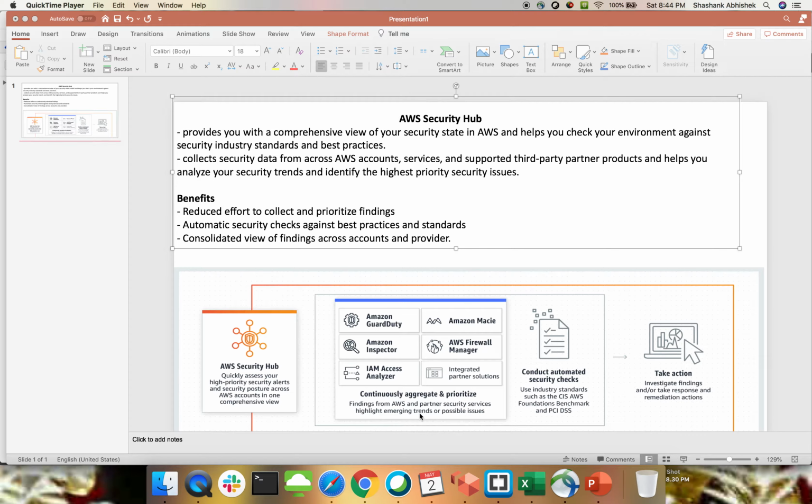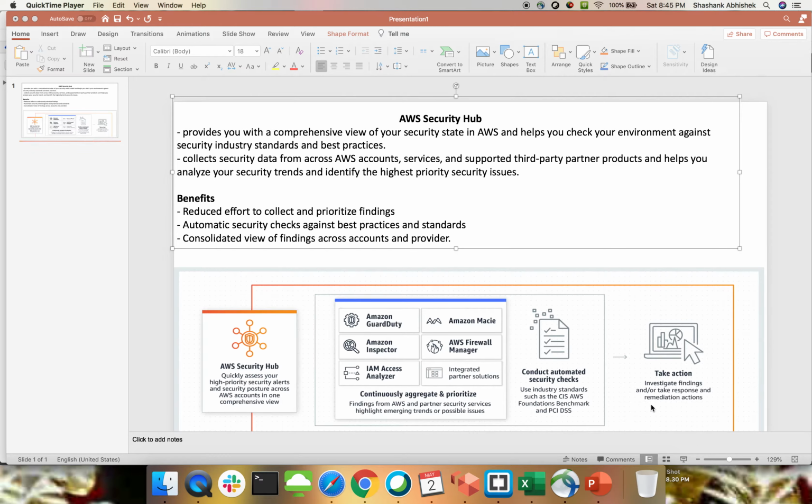Once it scans your infrastructure, it will give you each and every detail of the security issues present within your infrastructure. Then we get automated security checks using industry standards such as CIS AWS benchmark and PCI DSS compliance as well.